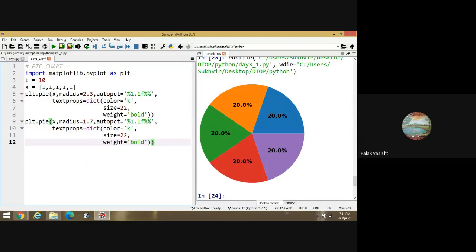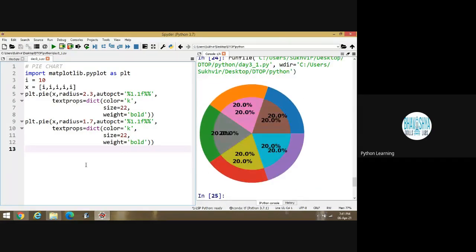Its size becomes smaller. Okay, let's execute. Look at this one. One more pie chart is there inside the pie chart. Suppose I am deleting this content, textprops, and this one, autopct. Okay.